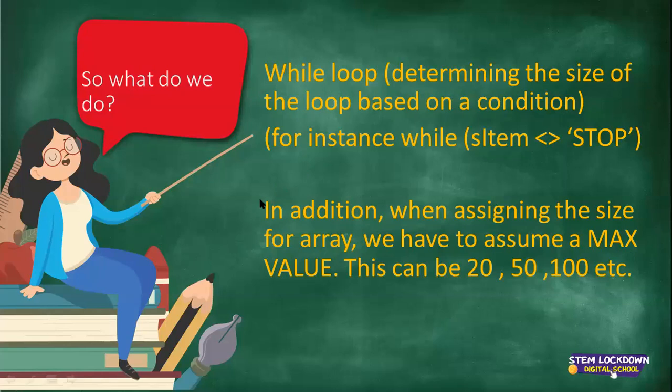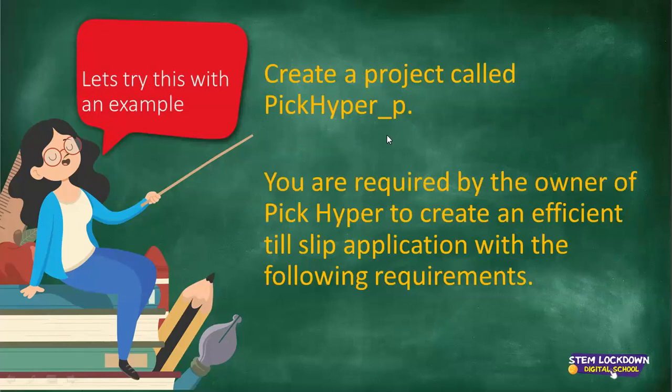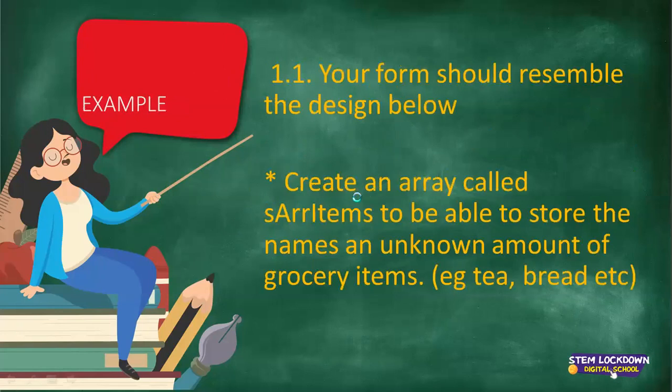Okay, now we're going to try this example, and obviously we'll have some time for questions at the end. Create a project called pickhyper_p. You are required by the owner of the pickhyper to create an efficient till-slip application with the following requirements. Okay, let's see what we are required to do. Your form should resemble the design below. And first things first, create an array called sArrayItems